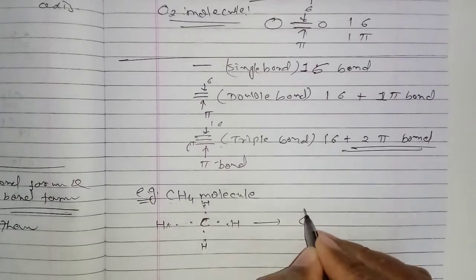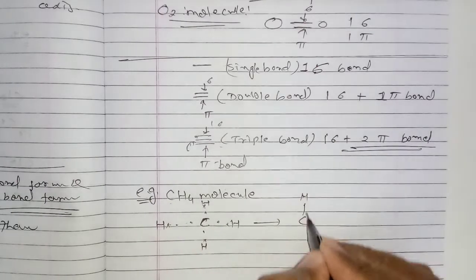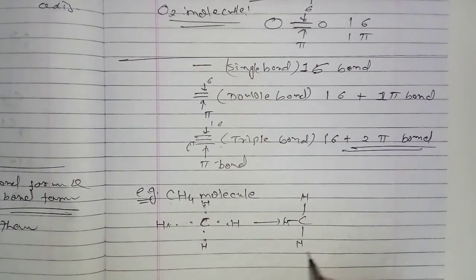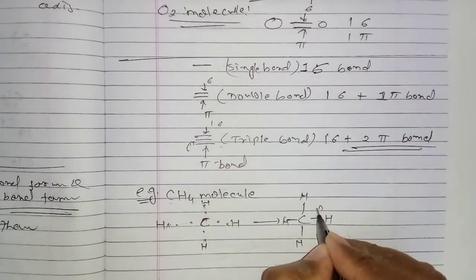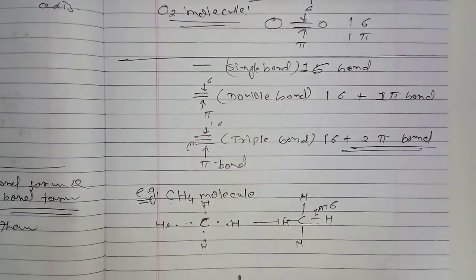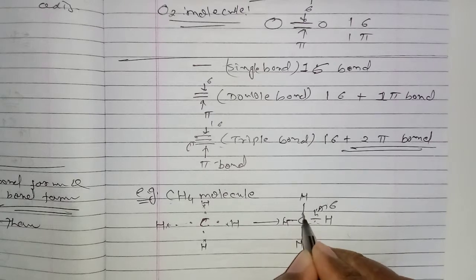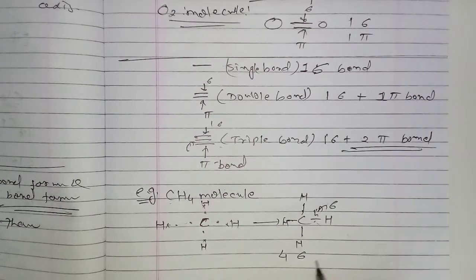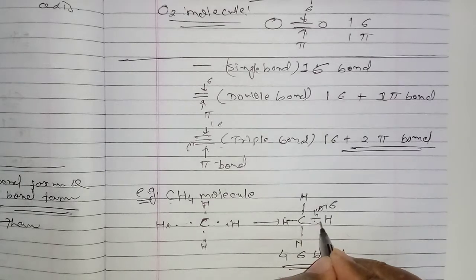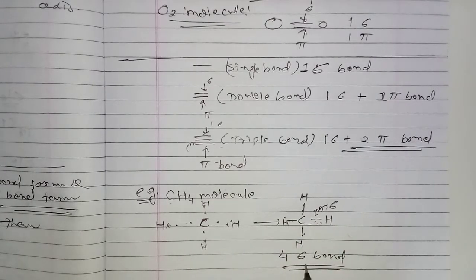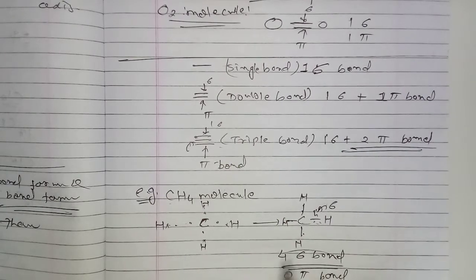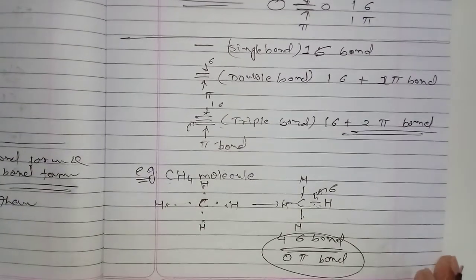Here the single bond is formed, and this single bond is a sigma bond. So 1, 2, 3 and 4 sigma bonds are formed. There is no double bond, and that's why 0 pi bonds. Okay,